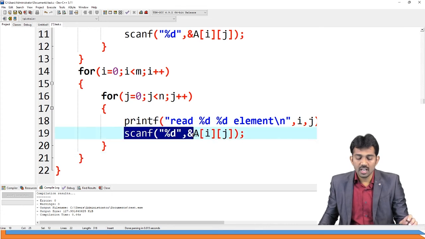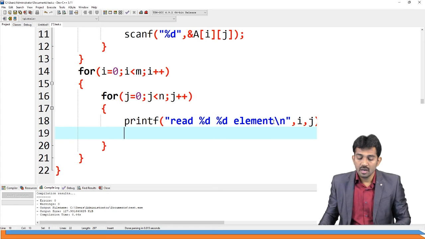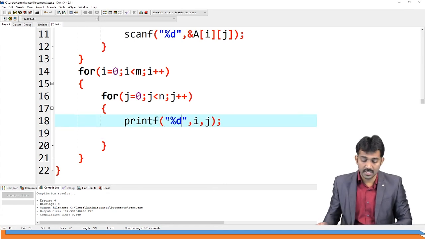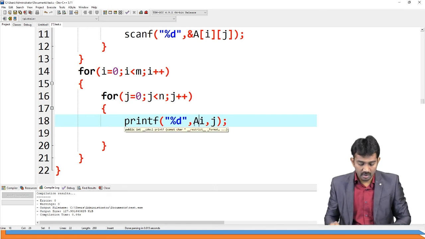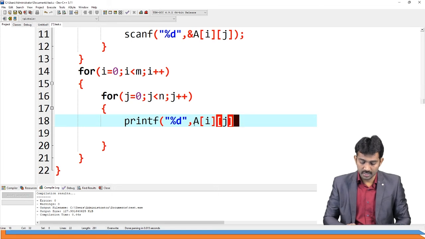See, instead of this scanf, I am going to remove this scanf. And what am I going to read? I am going to print the data, right? Percentage d of A of i and j.